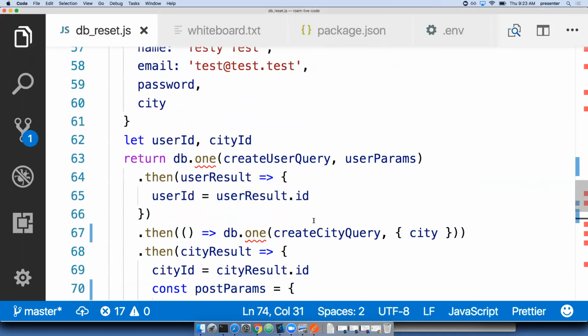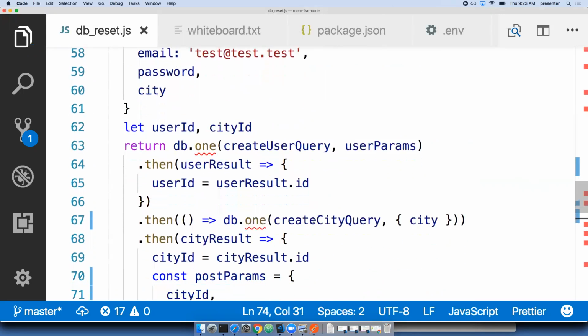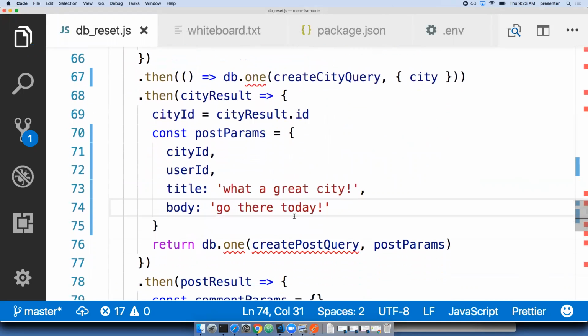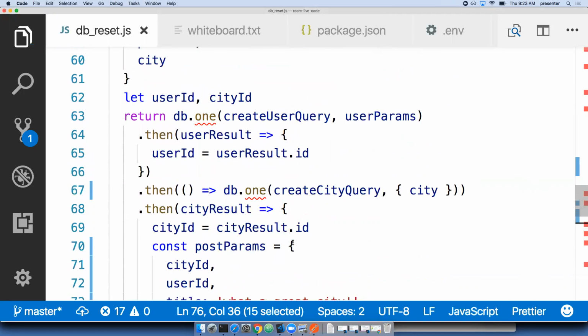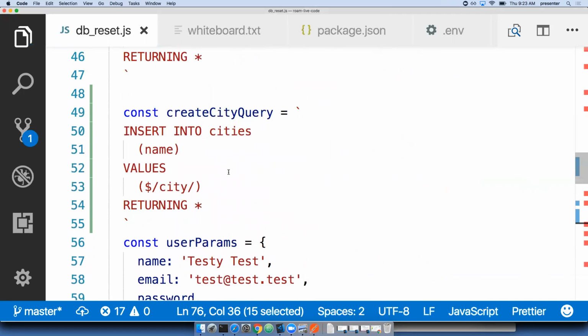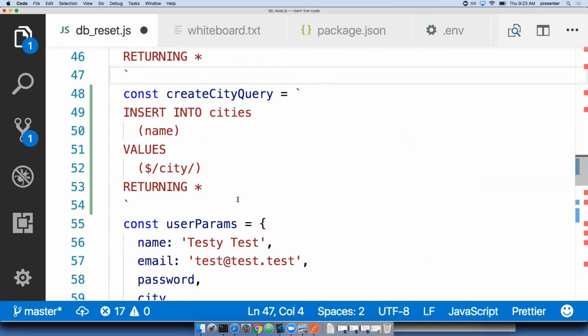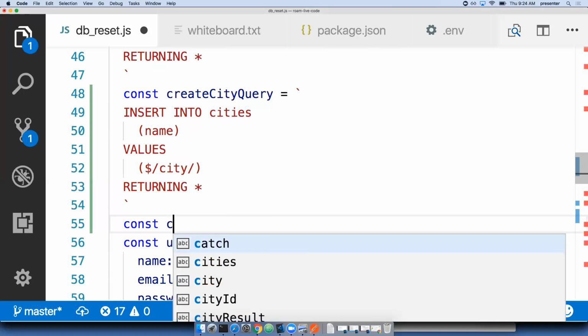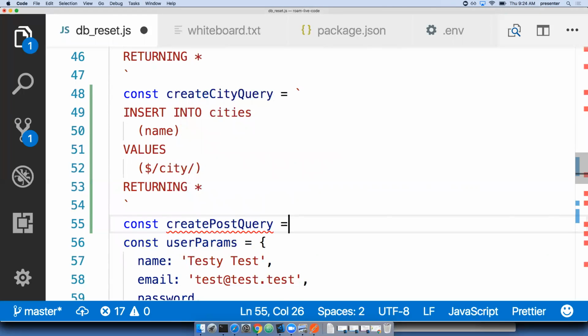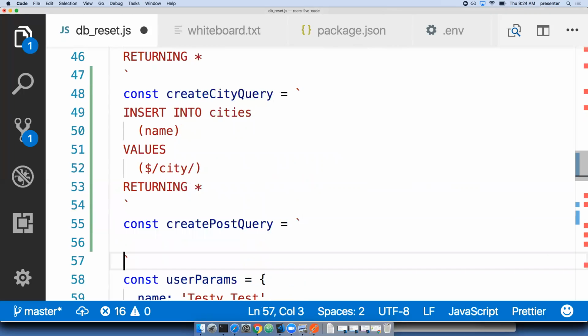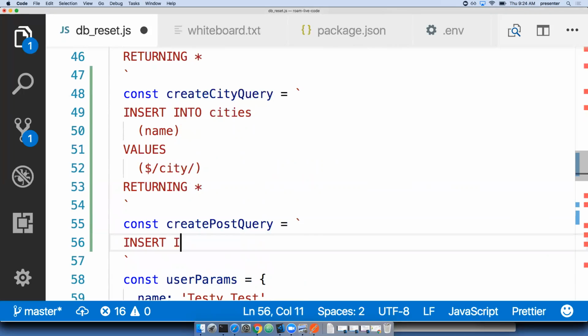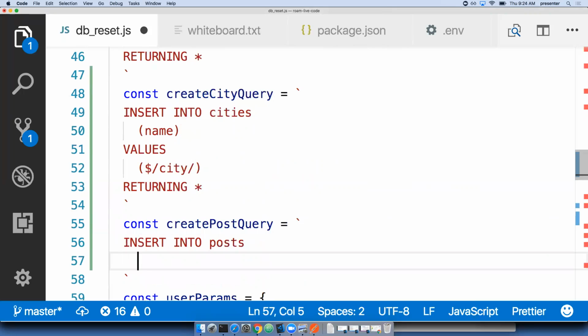Okay, so now let's actually make this create post query. And so city ID, user ID, title, and body,